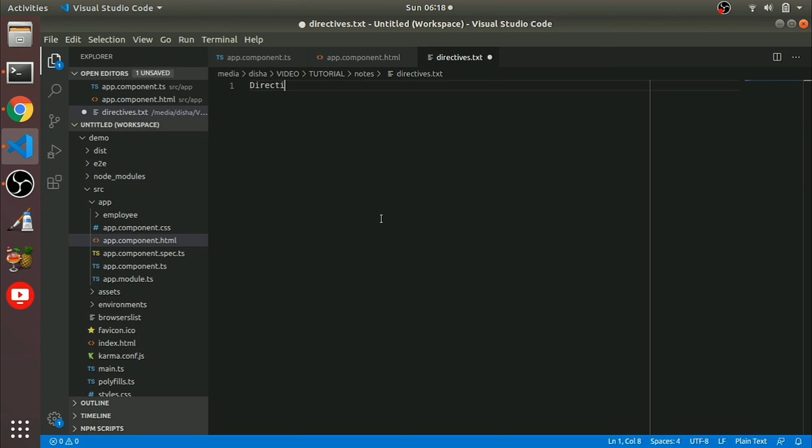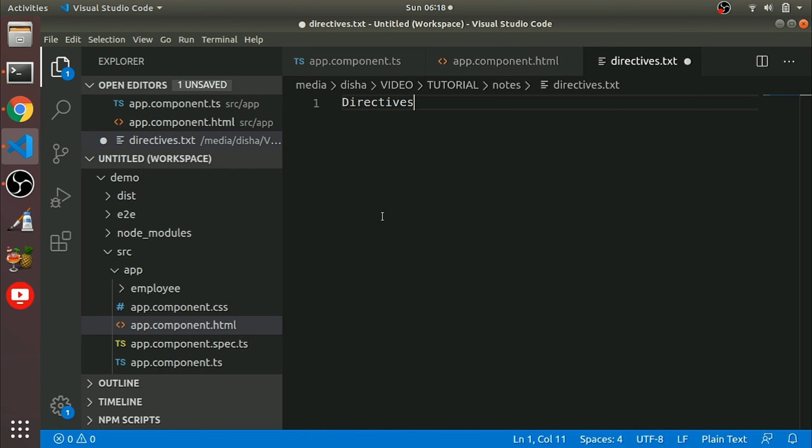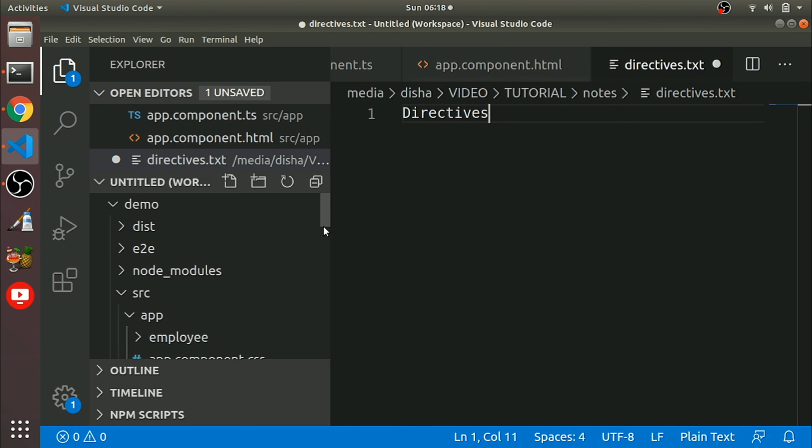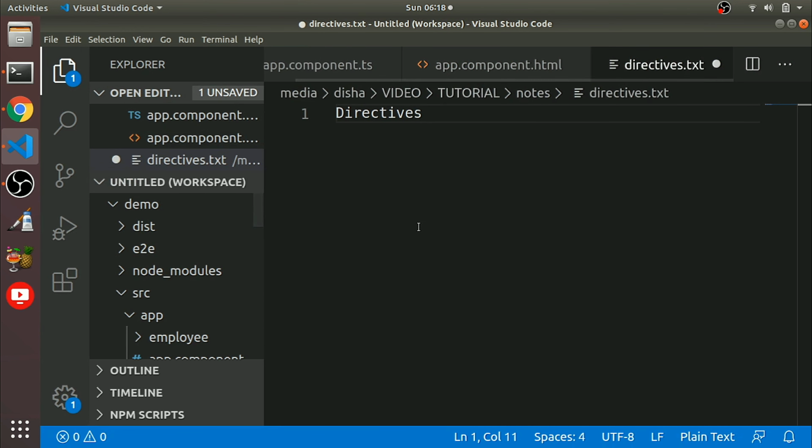So let me put some notes here. Okay, so what is an Angular directive? An Angular directive is nothing but a class.